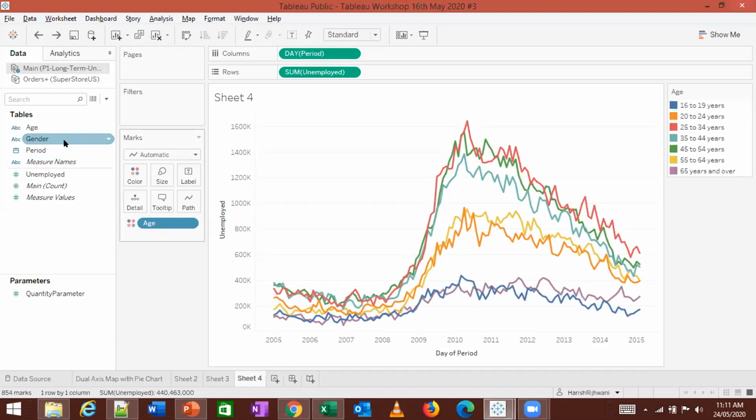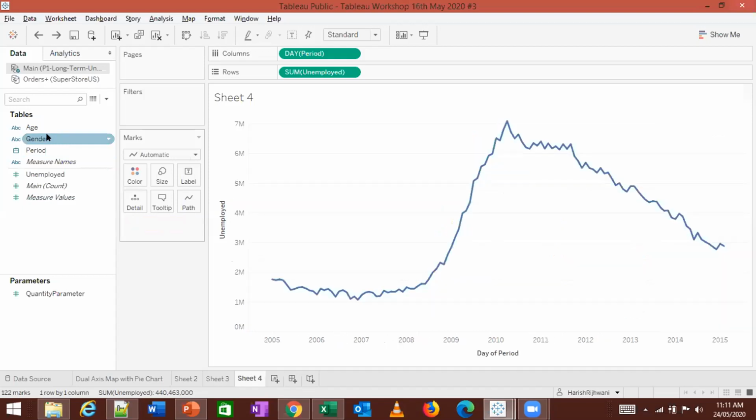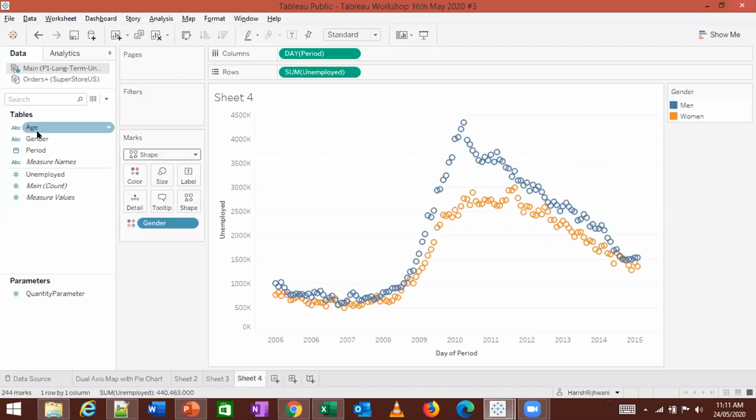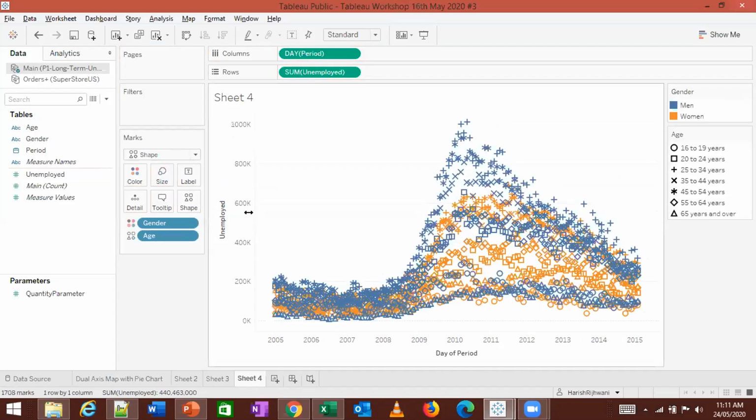Yes, we'll put gender onto color. We'll convert this into a shape and I put age into color, age into shape. You get the same thing.